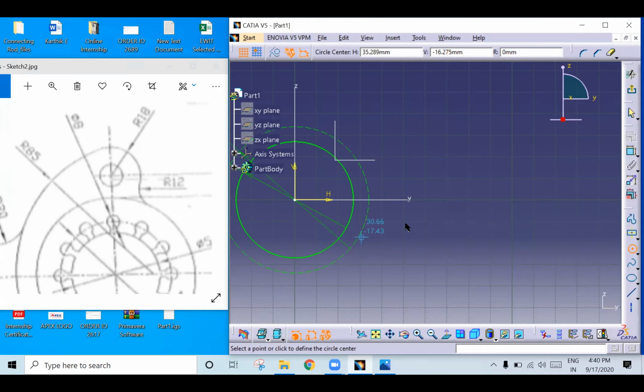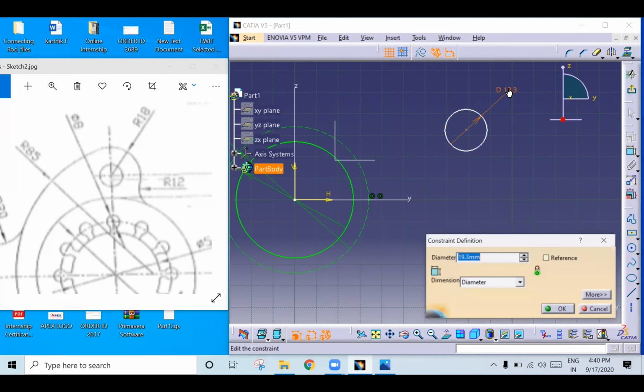Once you take the cursor on this, both are highlighting, this axis and this arc. Then you click it and create. Carefully you need to create. Don't select once it highlights like this. Just create blindly like this, or else you can select the circle, create outside, and give the dia.